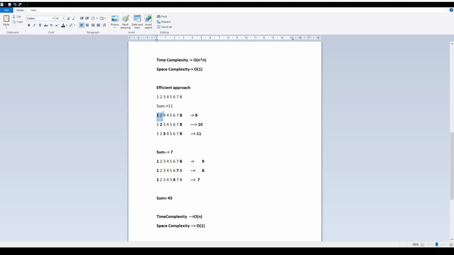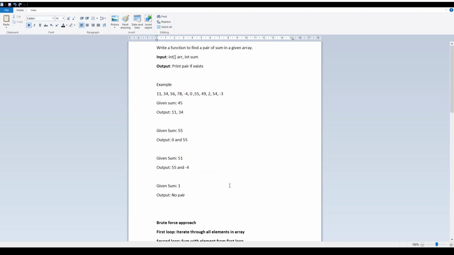We iterated through the elements, each element only once. There was only one loop involved. But this time complexity holds provided the array is sorted.